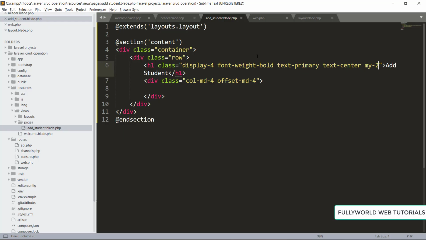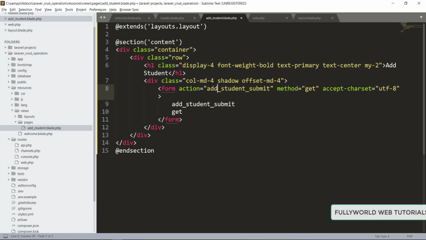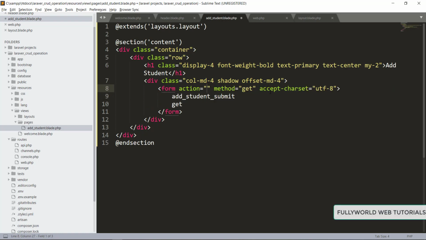Now we need a form here, so here we are going to create one form. It will have a shadow, so we need shadow also. Now there is one form here, so form action. For now I'm leaving the action, because when we do the create operation in our next video, in our next part, I'm going to tell you how we have to write the action here, because we have to set a route for the post method also, like we do in our Node.js.